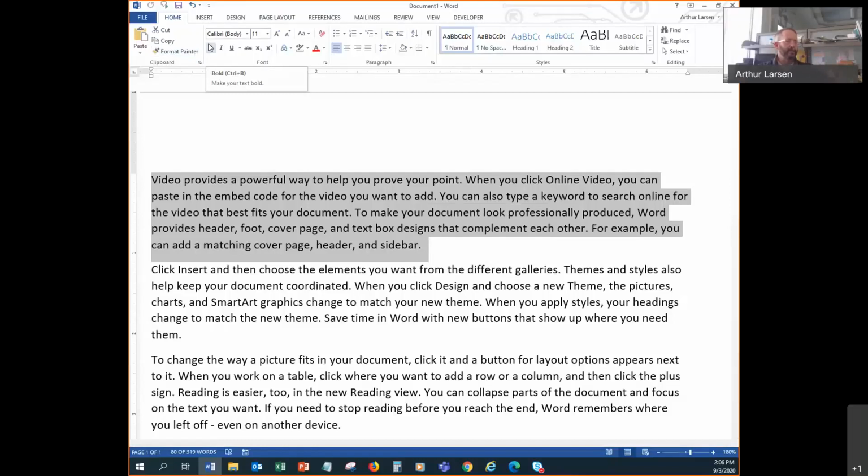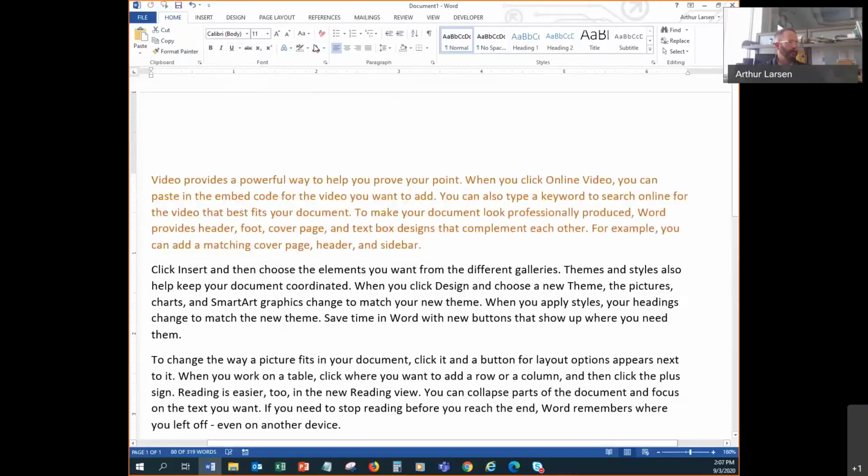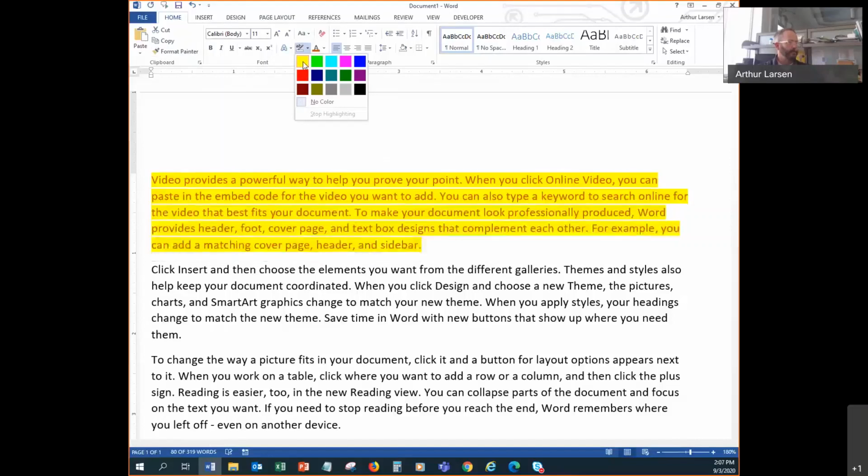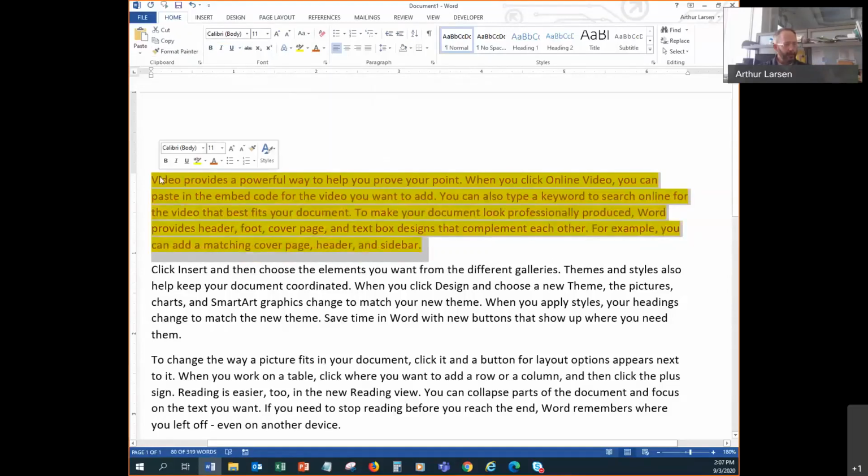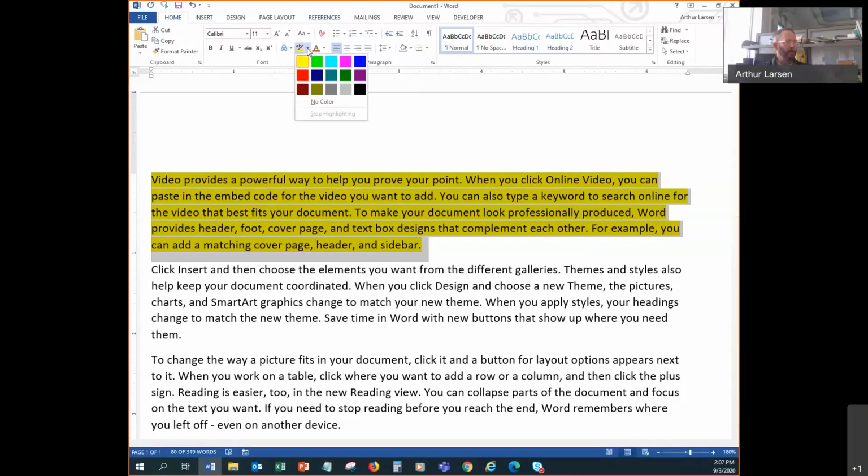Just go crazy, and that's the beautiful thing of having just some sample throwaway text to work with. So if you want to change the color, you can do that. If you want to highlight part of it, you can do that. If you want to make it bold, italicized, underline, there's all sorts of different things you can do to that text. One of the nice features that has come out in recent versions of Word is once you've done all that, rather than backing all out, you can click on the top right option, which is clear all formatting. And then it's just going to go back to the default setting it had normally. In this case, it didn't remove the highlighting, so I'm going to have to go to that option and remove